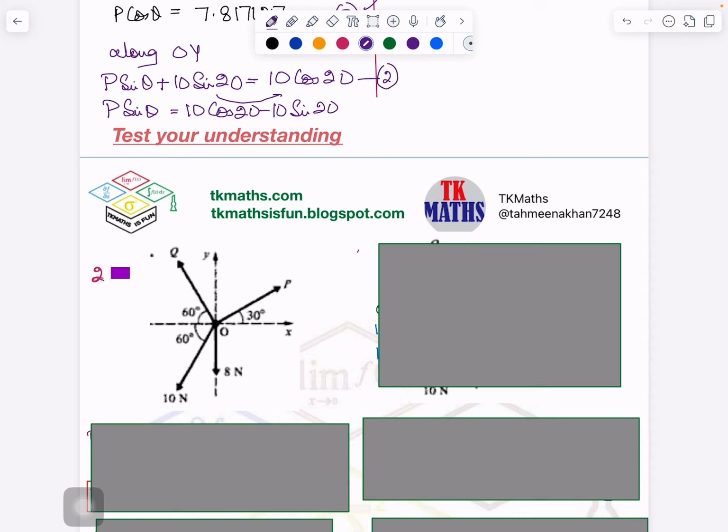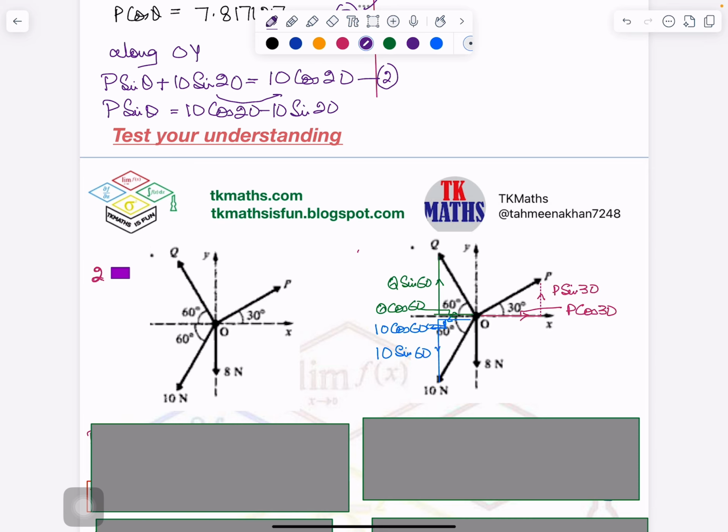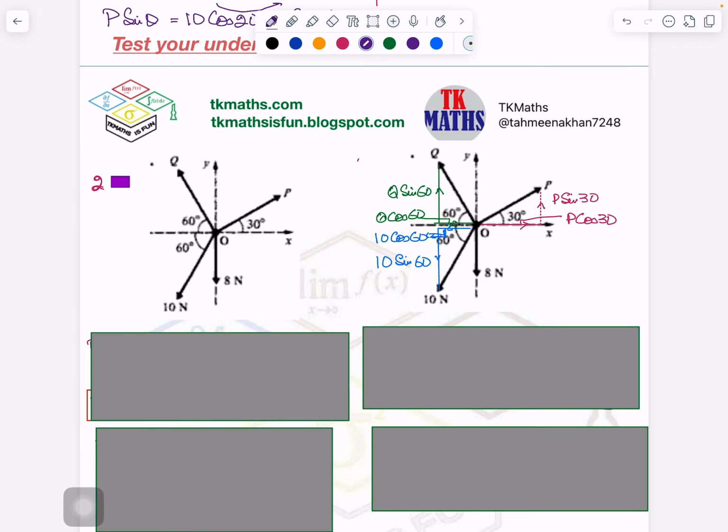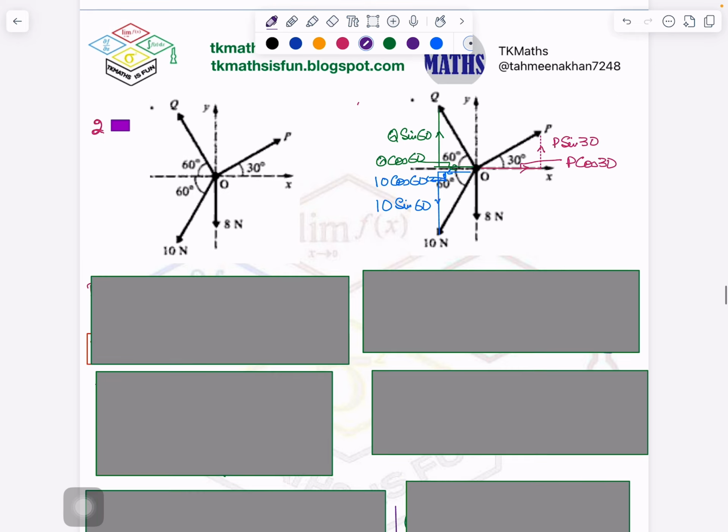So you can put the video on pause and try it. I am solving it here. And I have tried to solve it by showing the exact form, because there are exact surds for 30, 60 and 45 degrees. Okay. So I'm showing you the answer now. I'm not explaining, I'm just showing it so that you can check your answer with this. If you have any query, you can write it in the comments and I'll explain it. But I'm showing it slowly, not showing the whole page in one go, because then it becomes difficult to match with